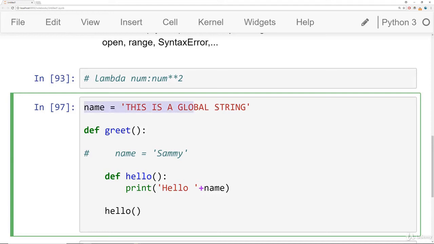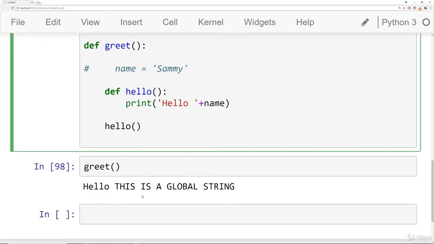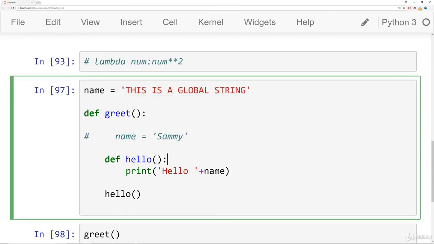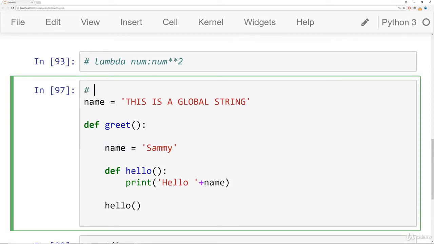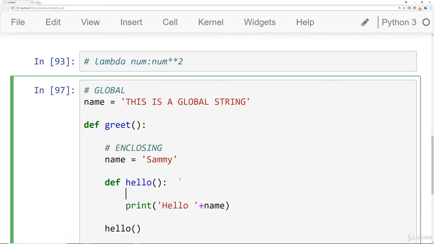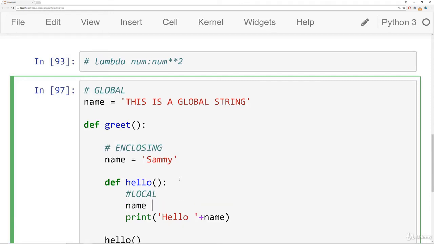And because it found it in the global namespace, it now says, hello, this is a global string. Let's see what happens if we uncomment this and we say name equals Sammy. So I want to kind of label these right now. This is the global. This one right here is enclosing. And let's make a local one. So local is going to be name is equal to